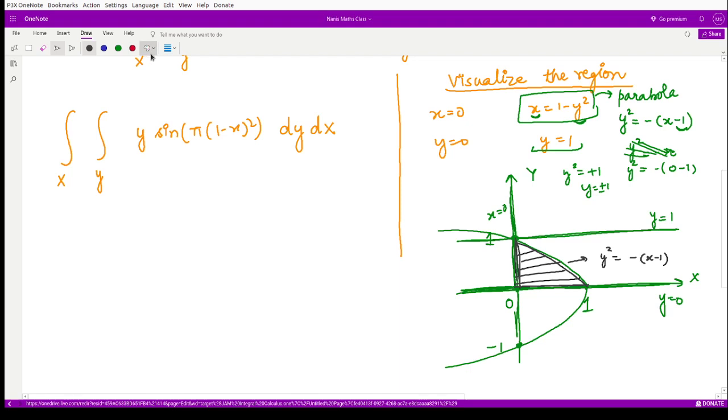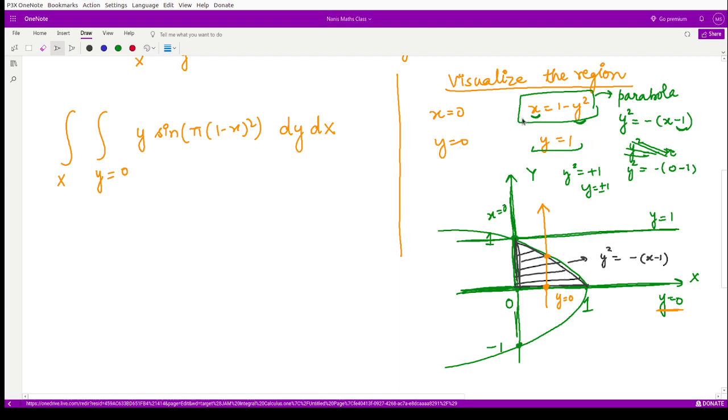Now here, in order to calculate the variable limits of y, we are to take a vertical arrow. When you take the vertical arrow, you will see at which point it enters this region. So here at this point, the value of y is equal to 0, because this is the equation, y is equal to 0. So we have our lower limit as equal to 0, and the upper limit of y would be calculated from this equation of parabola.